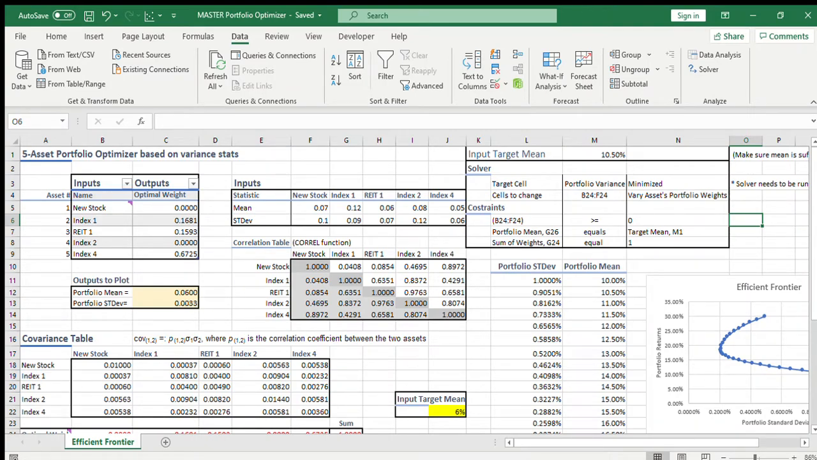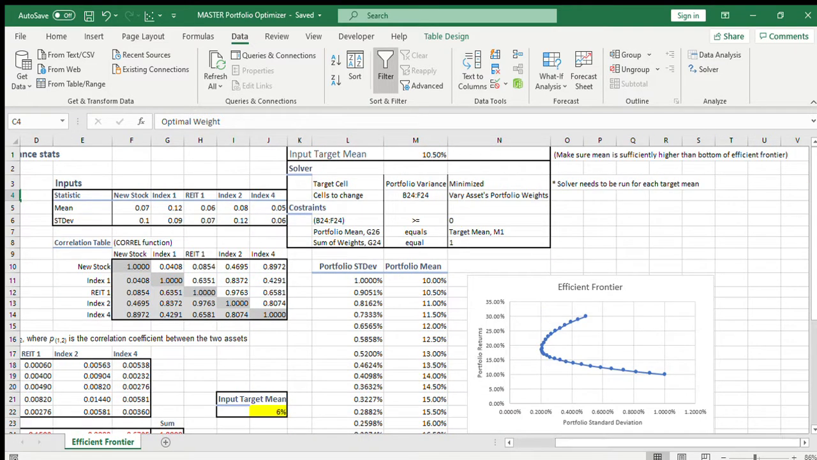Hi everyone, thank you guys so much for tuning into this quick tutorial on how to use this Portfolio Optimizer Excel spreadsheet. This spreadsheet is here to help you figure out the optimal weight of various securities in a portfolio. It does this by looking at various variance statistics and using the efficient frontier model